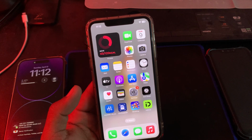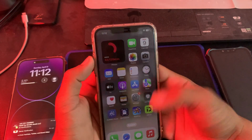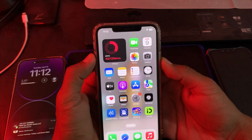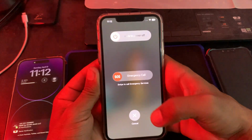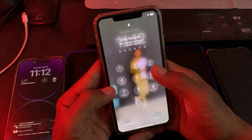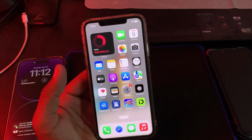So guys, first of all, restart your iPhone. To restart your iPhone, tap on the power button and volume up at the same time. Drag the slider to the right to power off. So guys, after restarting your iPhone, on the lock screen, the next solution is ensure Hey